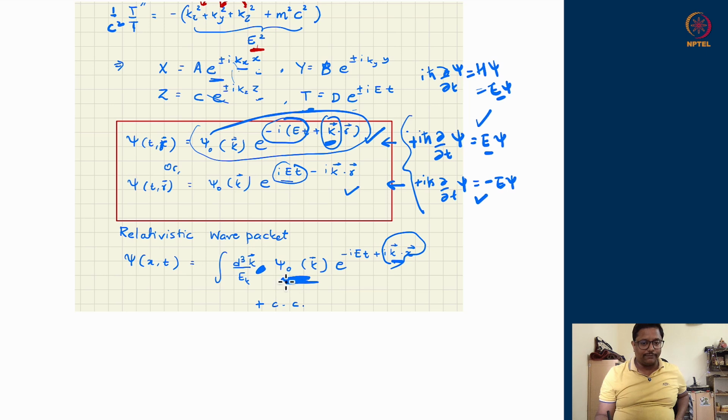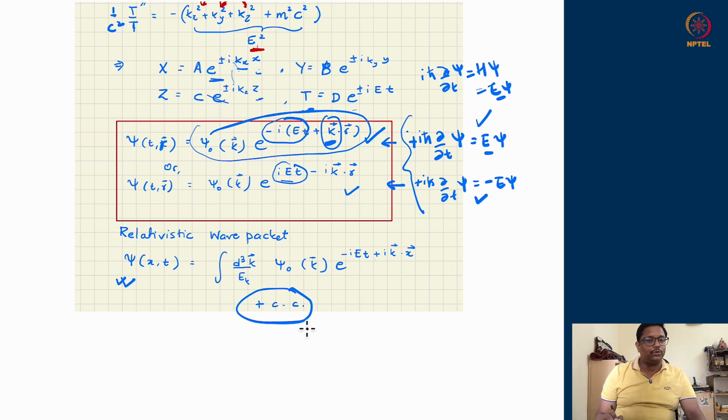And they come up with different weight factors. And e to the power minus i e t, I am not integrating over e as well, because when I change kx, ky, kz, e automatically changes. The e is not an independent variable. It is just a function of kx, ky, kz. So in this process, when I have integrated over all kx, ky, kz, I have effectively integrated over all possible energies as well. And if I want a realistic, real wave function, I can add a complex conjugate to that as well.